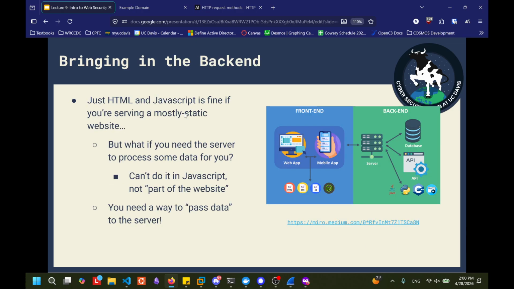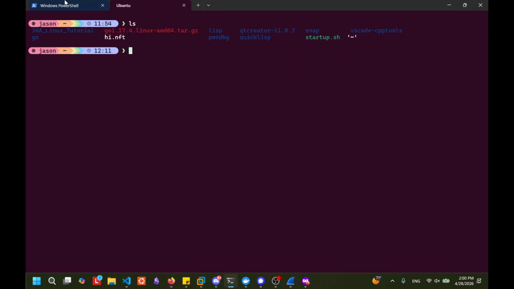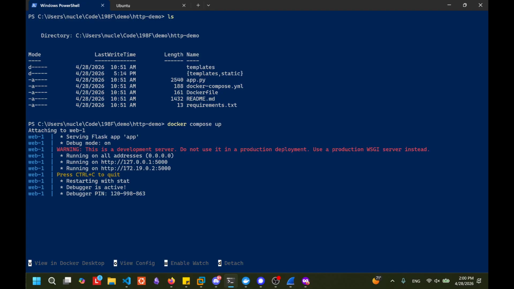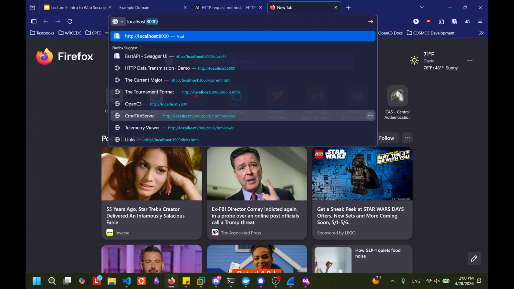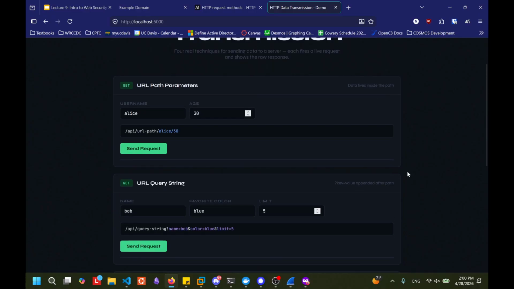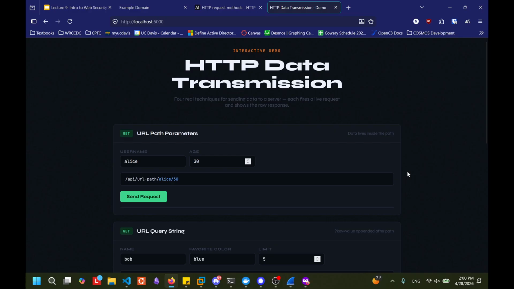So actually, I'm going to spin up a quick demo that I cooked up. Yes, this one. Compose up. Port 5000. This is a quick web server that I cooked up with AI, full disclosure.